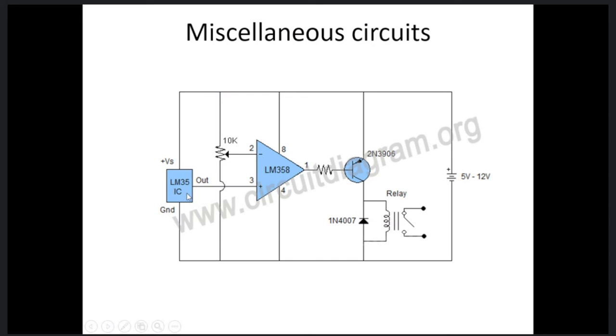For every 1 degree Celsius, the output voltage, which is very linear, will increase by 10 millivolt, and then I can feed it to the LM358. It's a comparator. It will compare with a fixed DC voltage. When the temperature is higher, you'll be getting more voltage. That is compared with the fixed voltage, and it will give the output. So that is triggered